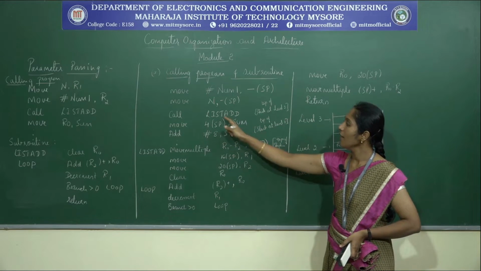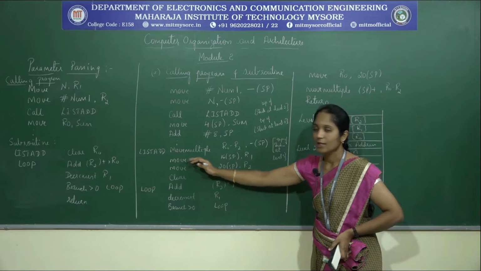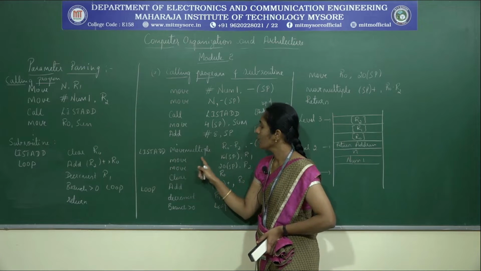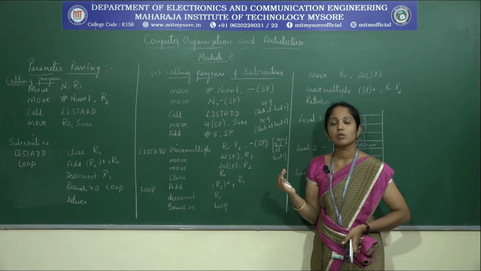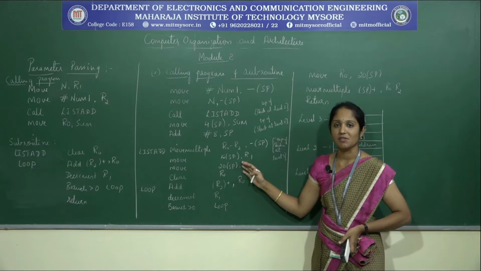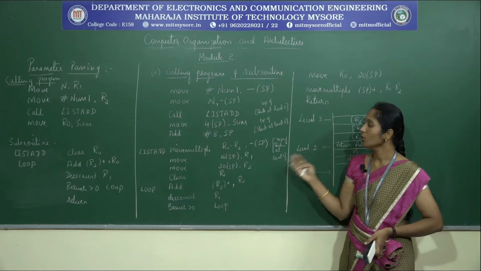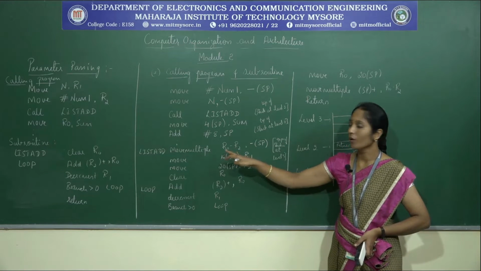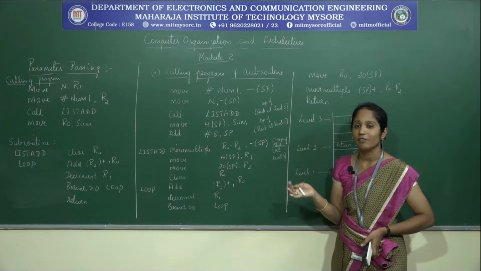Next we have a call instruction to the subroutine. So we have call list add as the next instruction. Therefore it will make a jump to the subroutine list add. In the subroutine list add, you can observe the first instruction is move multiple. This is used in order to move multiple registers in one instruction. Most computers provide this type of instruction. So now we are using move multiple to move the registers R0, R1, R2. If I write R0 to R2, that indicates R0, R1, R2.